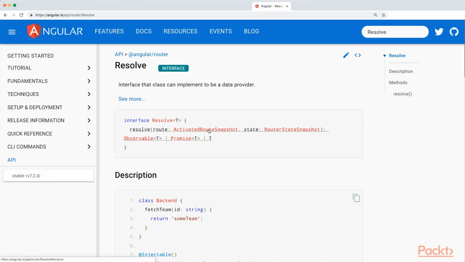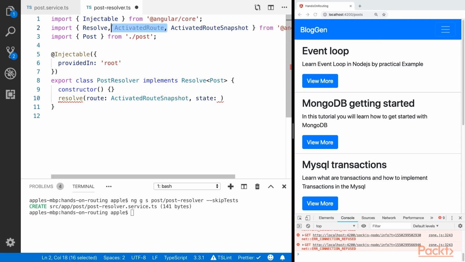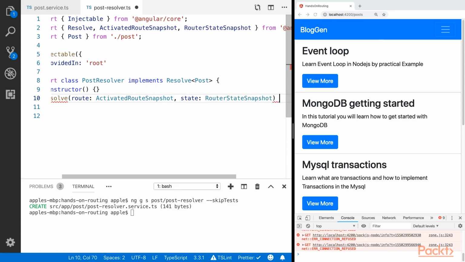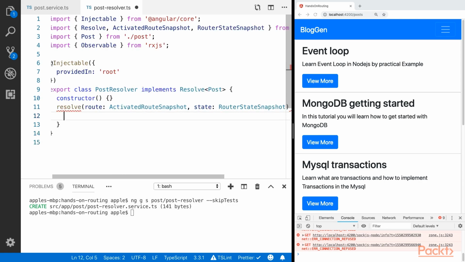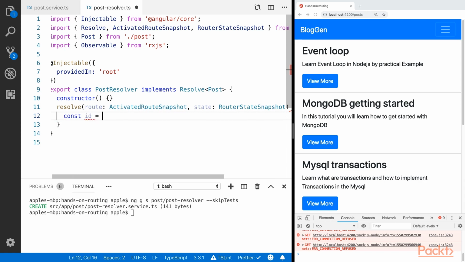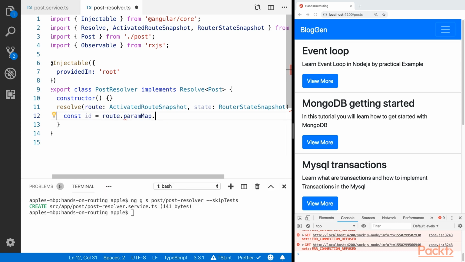We have activated route snapshot and the state. Activated route snapshot, and we need to have state, router state snapshot, and it will return the observable with post. Awesome. So first of all, I have to get the ID. I can get ID from the route dot paramMap dot get